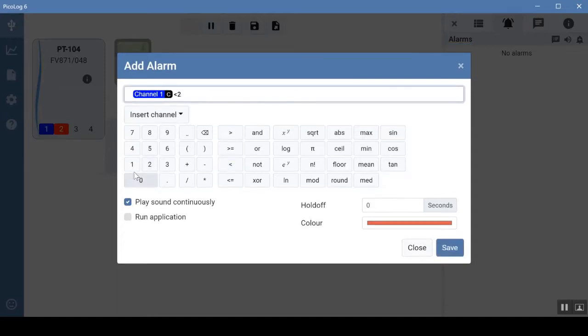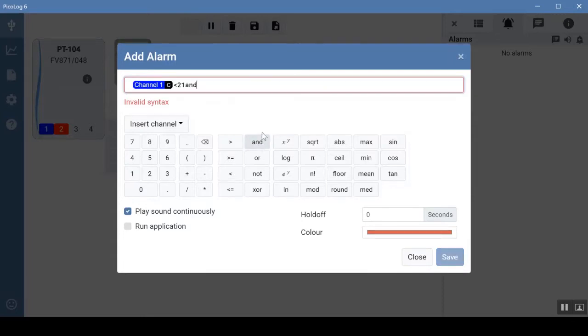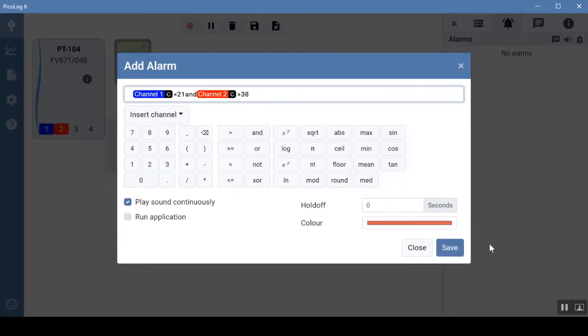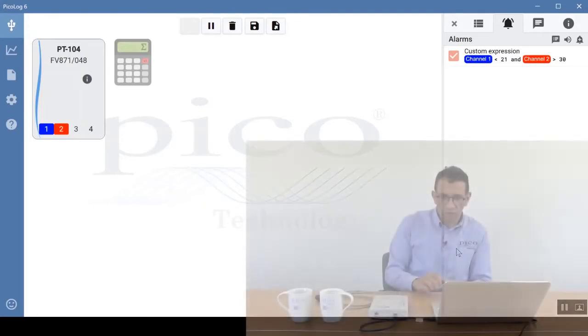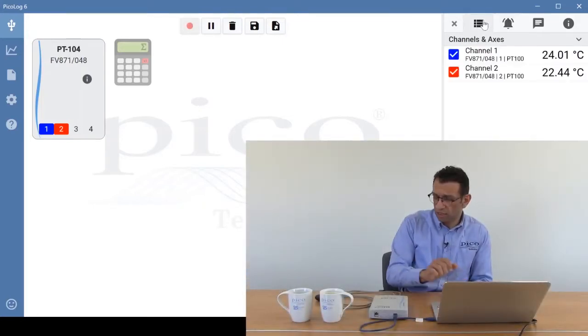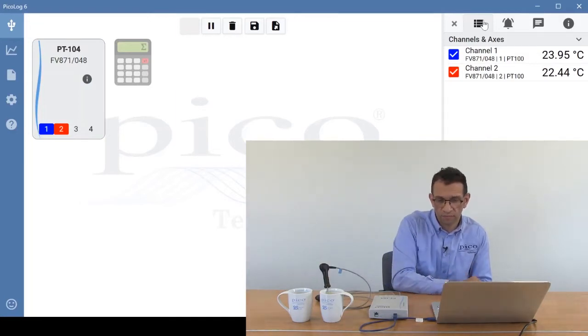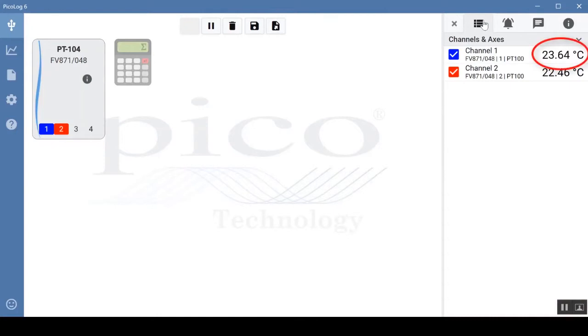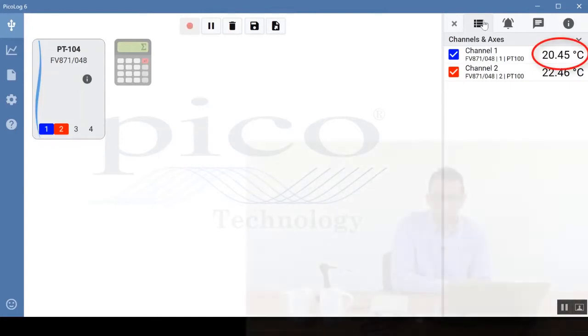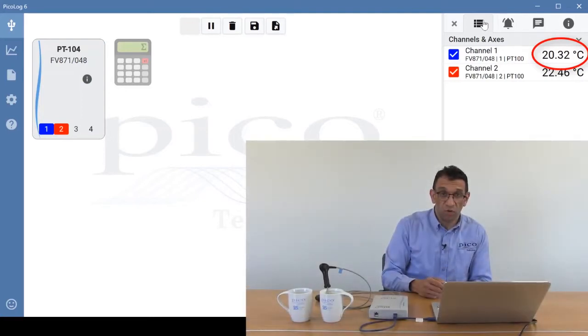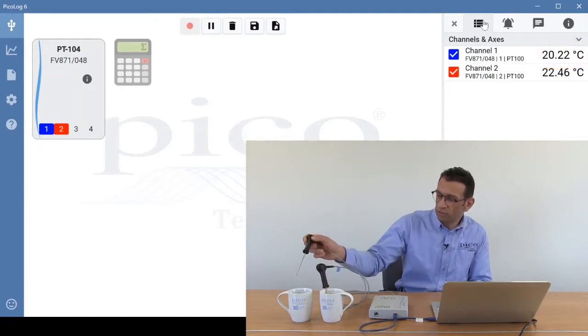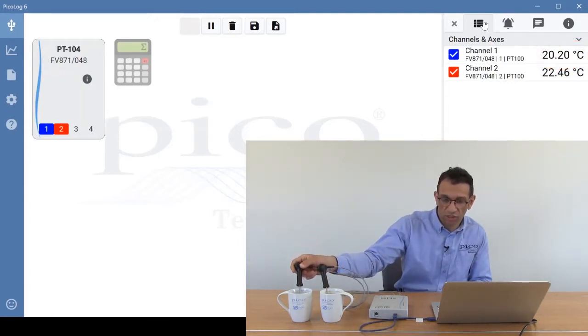So if I select channel 1, say below 21, and channel 2 greater than 30, and then click on save, and then go to channel axes. So we'll get channel 1 and we'll put it in the actual cold mug. As you can see, channel 1 is below 21 degrees Celsius, but it isn't alarming because channel 2 has to be above 30. So if we put the second probe in the second mug,